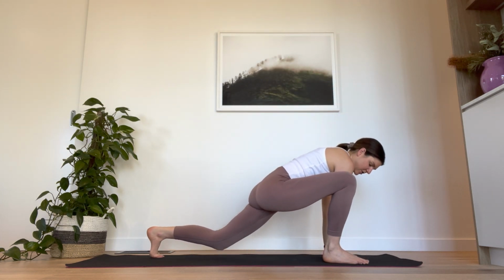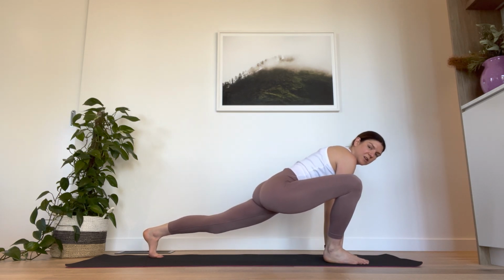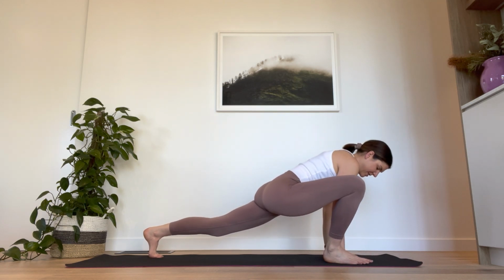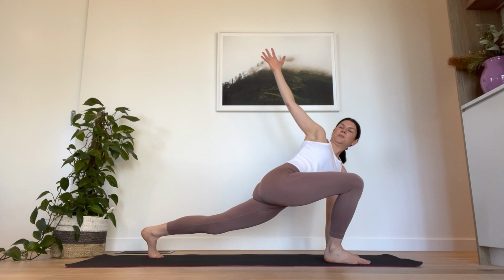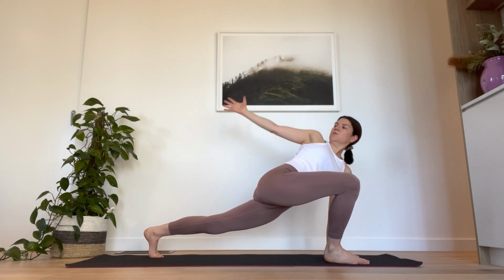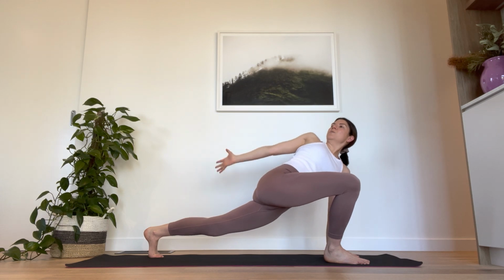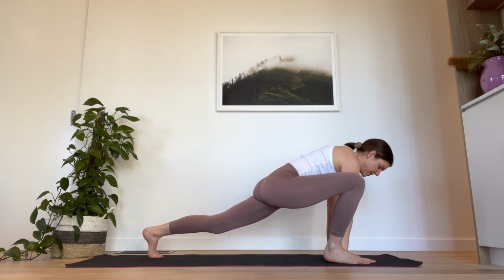Curl your toes under, straighten your back leg, and just lunge forwards and back here, opening the front of the right hip and also sort of through the inner thigh of that left side. Reach that left hand to the ceiling, get a twist through your spine. Hold there and then reach right back behind you, opening your chest. Draw a big circle here, bring that hand back to the inside of your foot